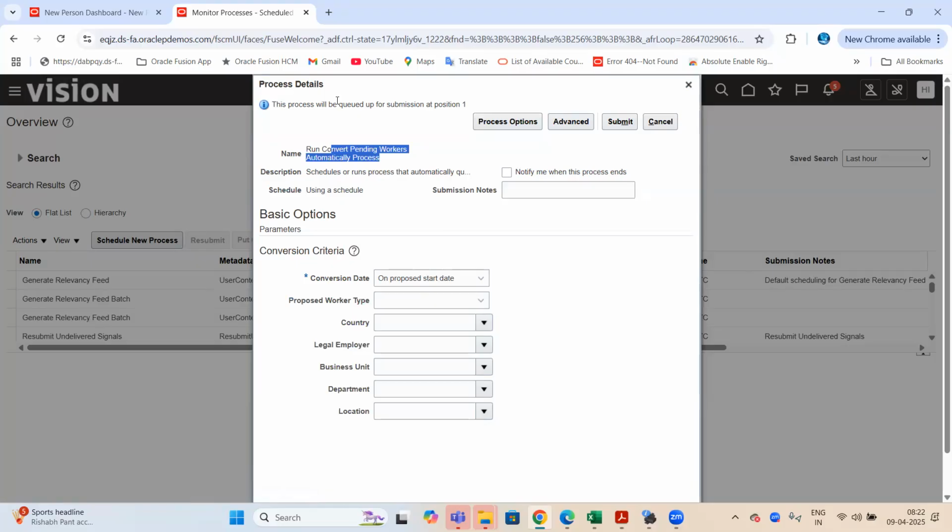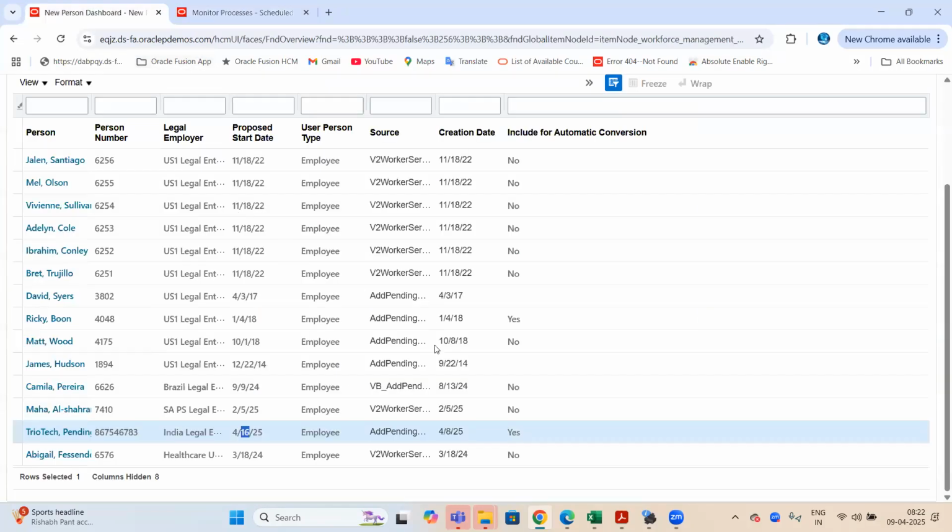But if you are running this process and your employee not converted, problem is with you. Means what team? While you hiring that person, in the third tab, include for auto conversion, you kept as no. That is your mistake. System can't do anything, team. So if you're running this, system still not converting, go and check the employee from the dashboard. You might kept this as no, this flag, include for auto conversion team. If you keep yes, then system will convert team. Okay. So that is team